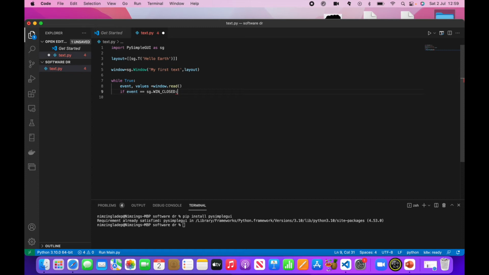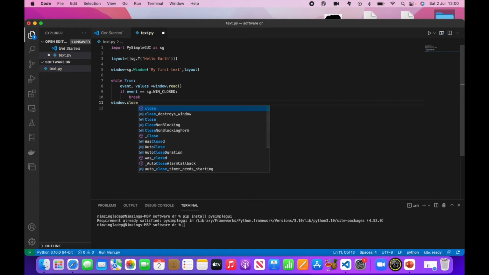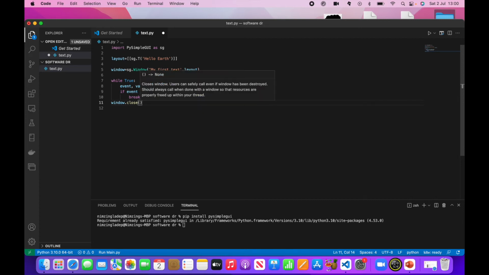Then of course that is a colon at the end. If the event is SG window close, then you have to close. That's called break. And then you window.close. Otherwise, the app would behave in a funny way. Okay,